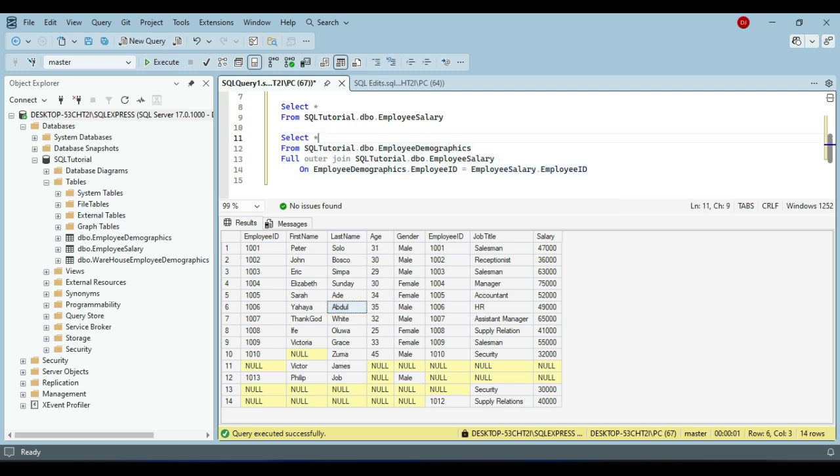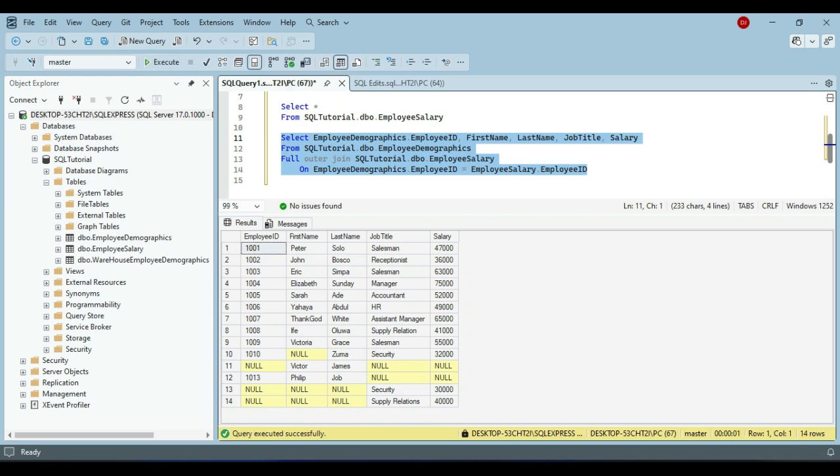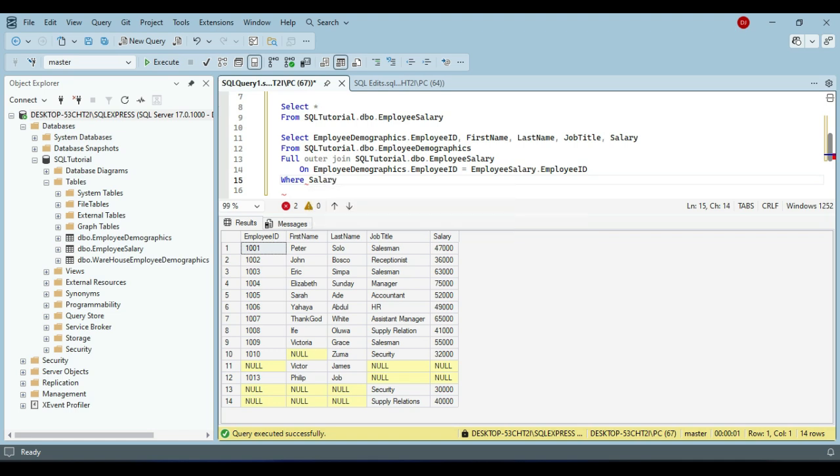So he comes to SQL, and of course you want to know their employee ID, their first name, last name, job title, and salary. So if he runs this as a full outer join, he gets this output. So all he just needs to do is to say where salary is null. Salary is null. Then when he runs this,